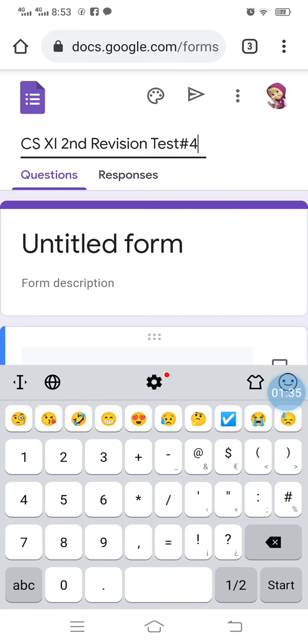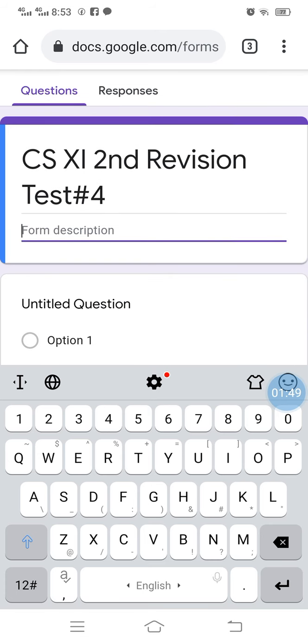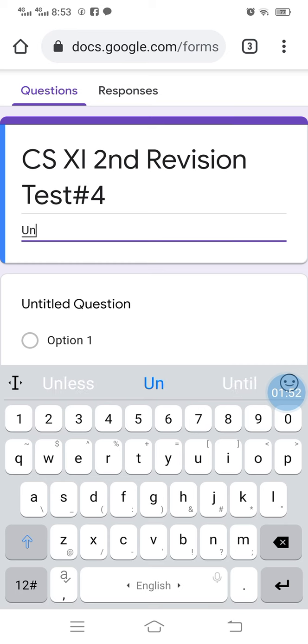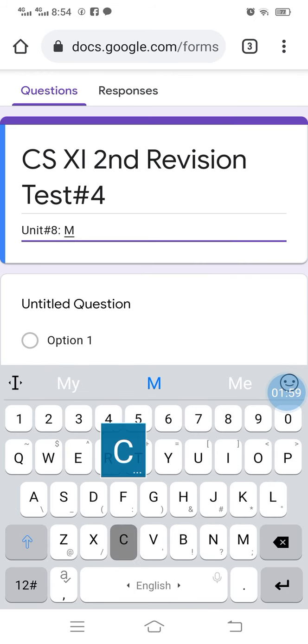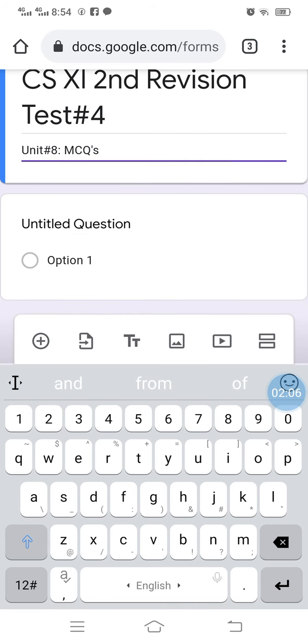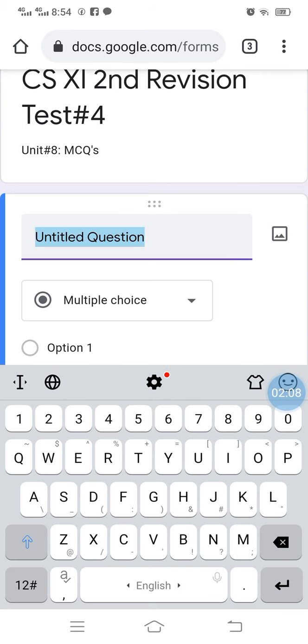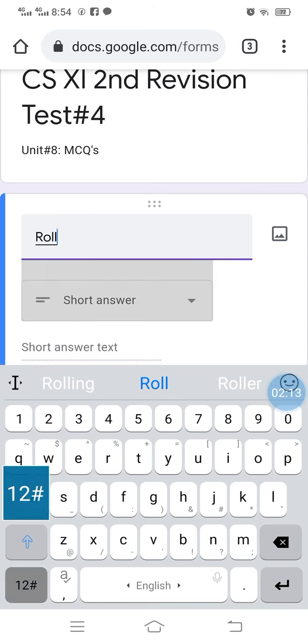Then comes here the form heading, which is by default taken the name which we give to the form, and then we give certain description to this form. Like this is the quiz from unit number 8, and this quiz is like MCQs from unit number 8. So afterwards here comes by default the first question that we specially give, like the roll number of our student,